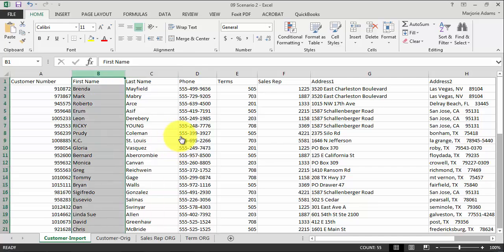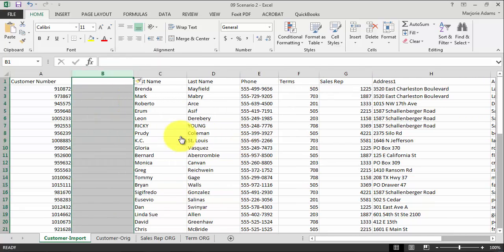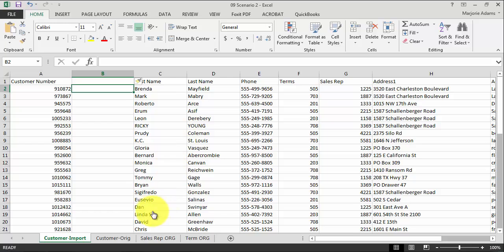Then I'm going to go ahead and insert a column in here. Now in my new file, I want to have it displayed as last name, comma, first. That's what I want my display as name to be. So in this column here, what I'm going to do is